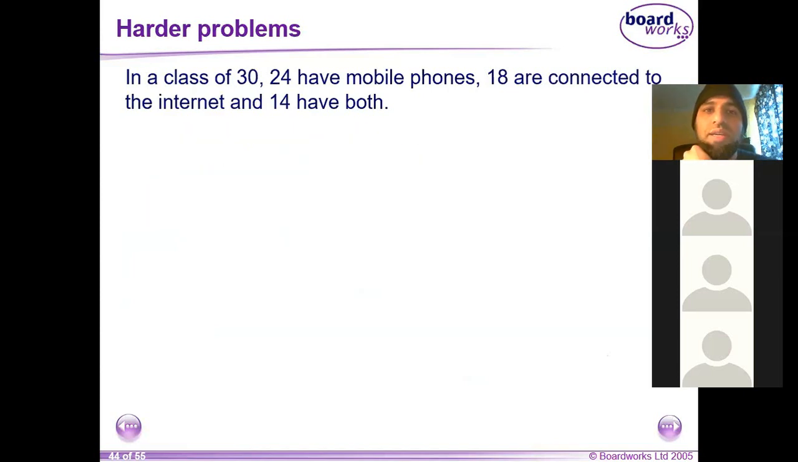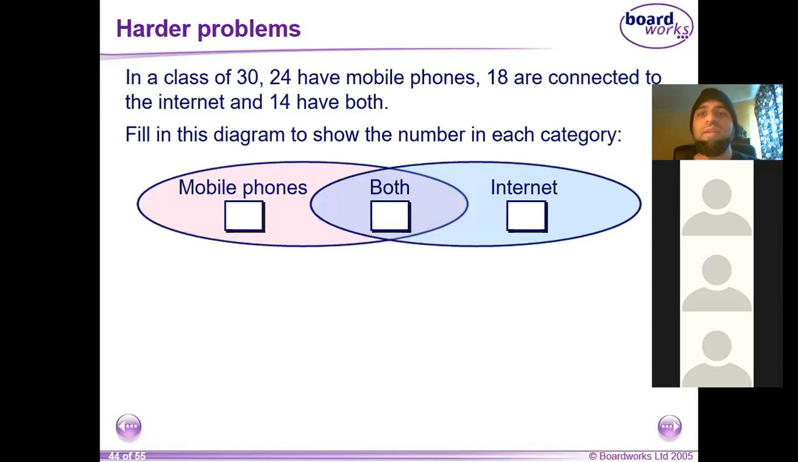In a class of 30, 24 people have mobile phones. 18 are connected to the internet and 14 have both. I want you to write this down and first make a Venn diagram. On your Venn diagram, you should be getting something like that. Is everyone okay with that? Okay. Now